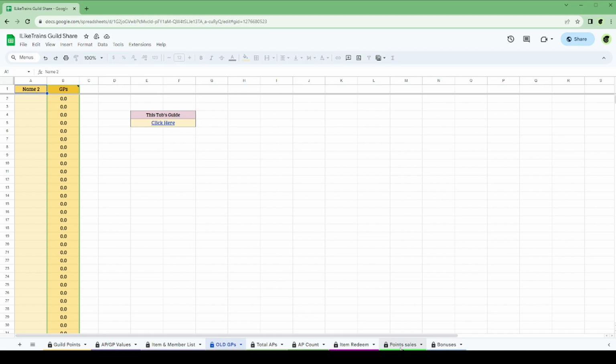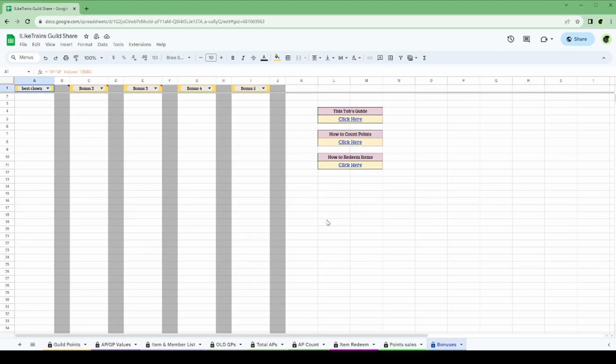Go to Bonuses tab now, and set up the bonuses where you want them to be. Then add the names you wish for them to get the bonus. They will get an extra % of all the AP they generated. It should look like this.